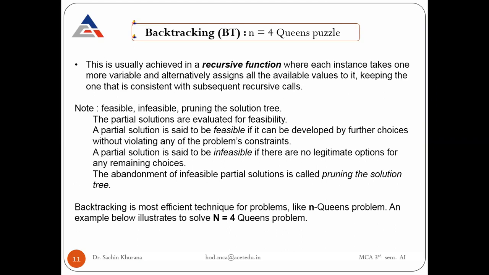So backtracking is the most efficient technique for problems like NP problems. For n equal to 4, we have already seen, using the different square boards, that this problem is there and we can find different solutions to it. So this is another important method through which we can implement this 4-queen puzzle as well as other 8-queen puzzles through backtracking, trying to find a feasible solution to the problem.